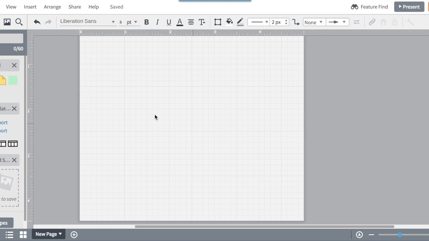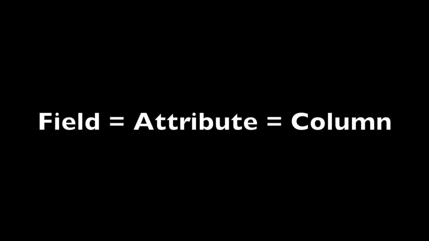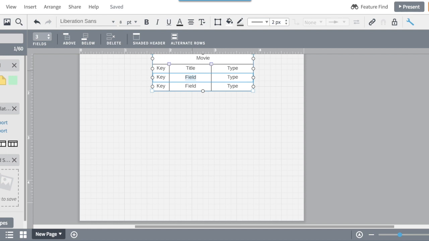So I'm going to drag out my first entity here. By the way, field is the same as attribute, which is the representation of a column in the database. Okay, so I want to name my entity movie. And let me just drag this out a bit. And the first field I'm going to call title because I want to know the title of the movies. Next, I'm going to go with movie ID. Then I'm going to name the next one duration because I want to know how long the movie is,